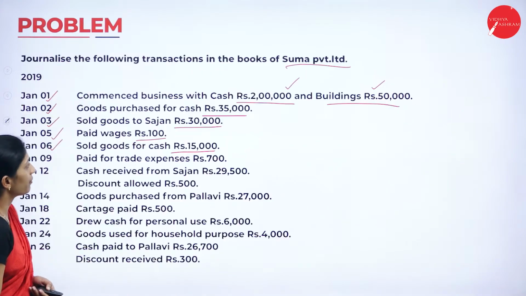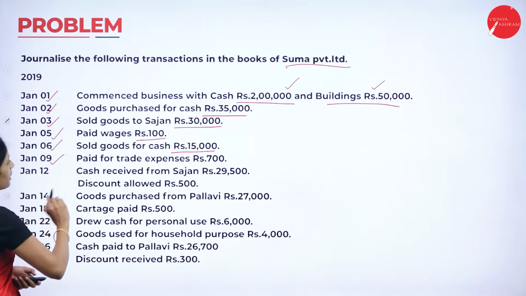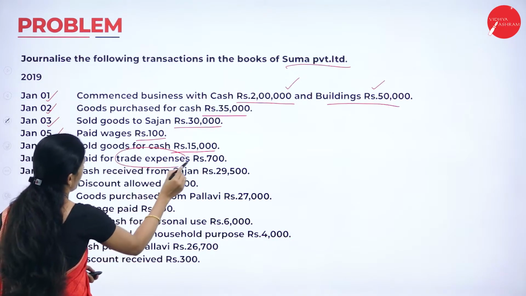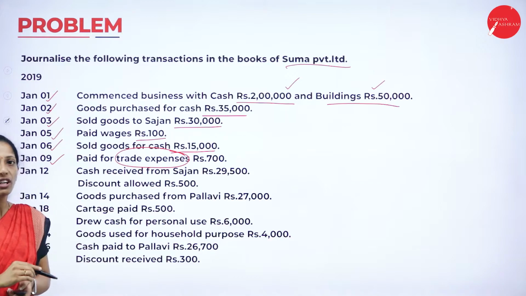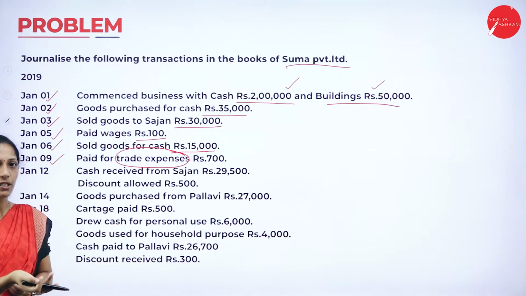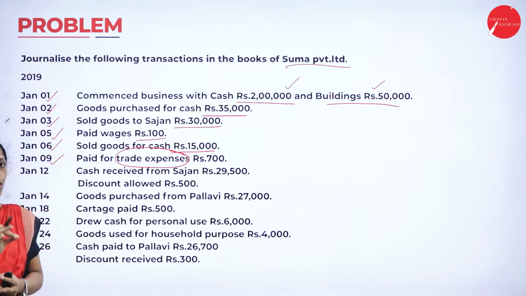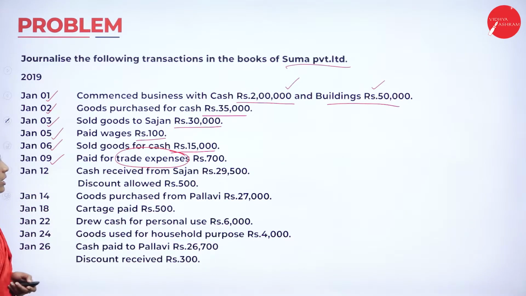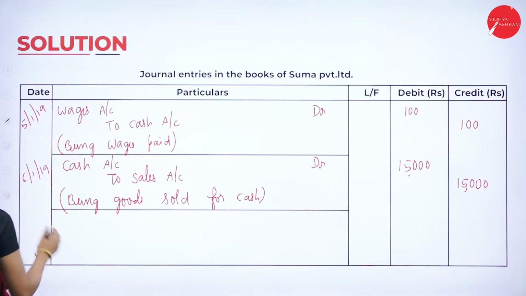Next one, after 6th, that is 9th. Paid for trade expenses. So trade expenses is an expense where the rule tells that debit all expenses and losses. So when you are paying trade expenses, cash goes from you. So you have to credit cash. So your entry will be trade expenses account debit to cash. How much? 700. So